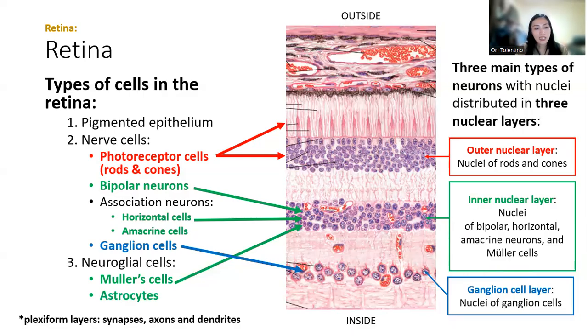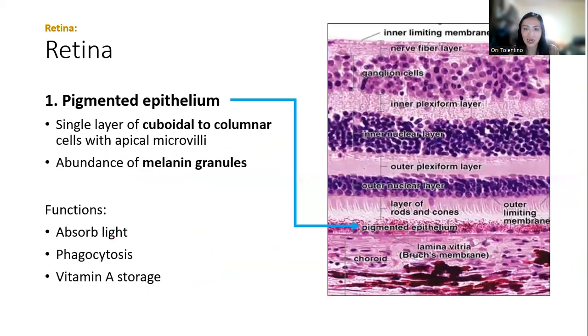So speaking of light spaces, we have the plexiform layers, two plexiform layers sandwiched between the three main nuclear layers, which contain synapses. When you say plexiform layer, they have synapses, meaning the axons and the dendrites or the nerve fibers that connect each neuron. So these neurons need to be connected to send the message to the brain. And at the plexiform layer, they have synapses there. They have their connections, the axons and the dendrites.